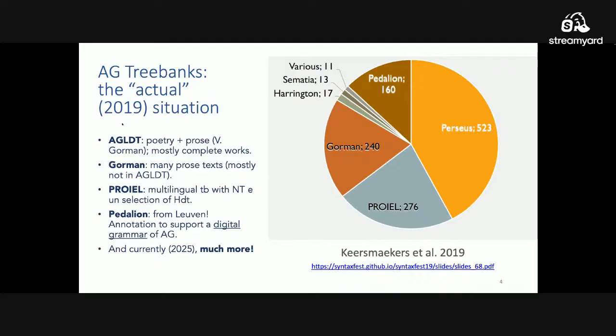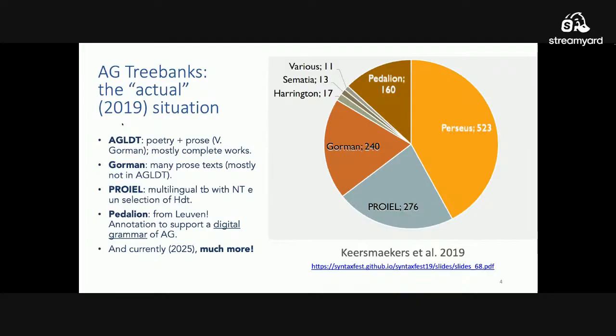We have a pretty consistent collection published by Perseus of what is called the Ancient Greek and Latin Dependency Treebank. The Greek part has roughly 500,000 annotated words, and it contains mostly the Homeric poems, some tragedies, and a few prose texts. But then Vanessa Gorman, professor at the University of Nebraska, started a collection of prose texts that some of them are also in Perseus, but not many of them in the AGLDT, and it's now published independently. It's called the Gorman tree most of the time.